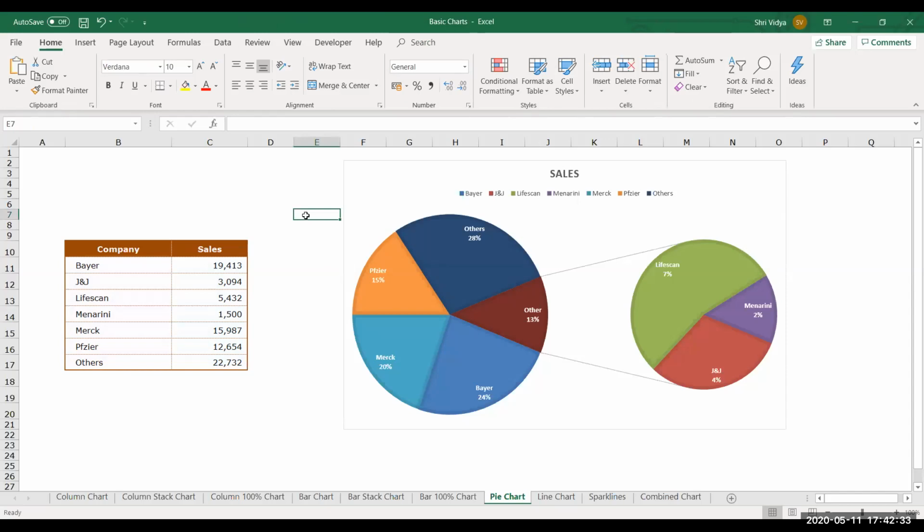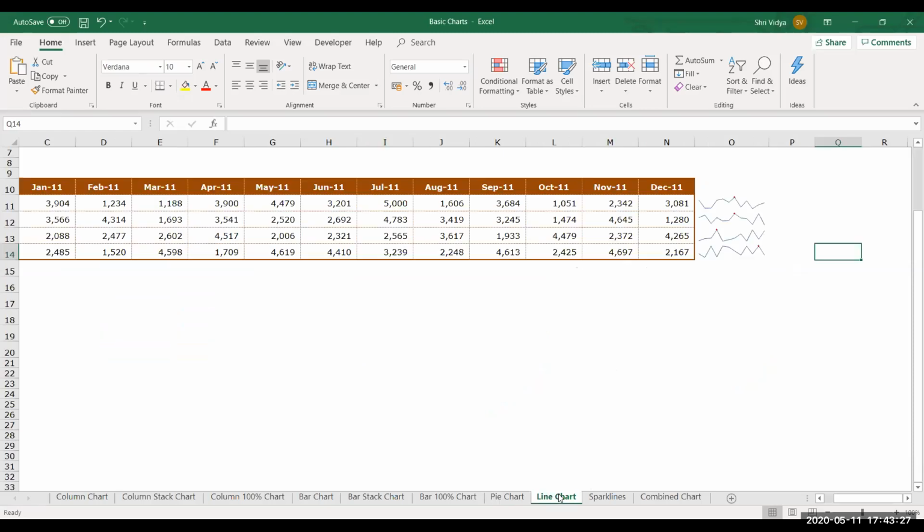Okay, any doubts till here, guys? So these were all simple charts, so I took it in a stretch. So just give me a second. So now we have this data. Now let me show you this one.